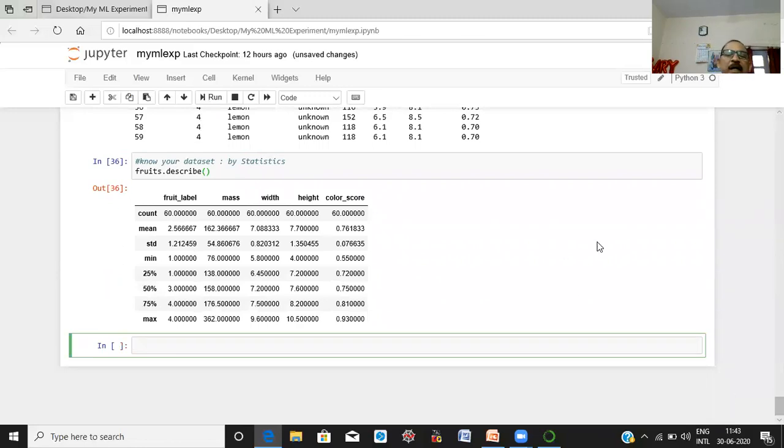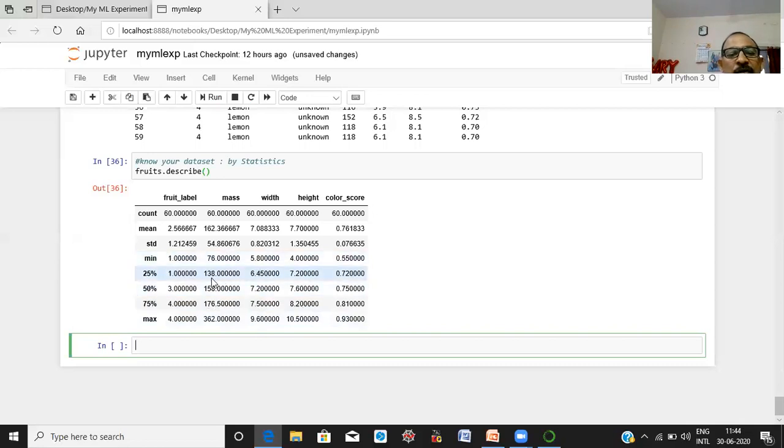This describe method gives you information about count, mean, standard deviation, minimum, 25%, 50%, 75% and max. Okay. What is the meaning of the 25%? It gives the 25th percentile of your data.